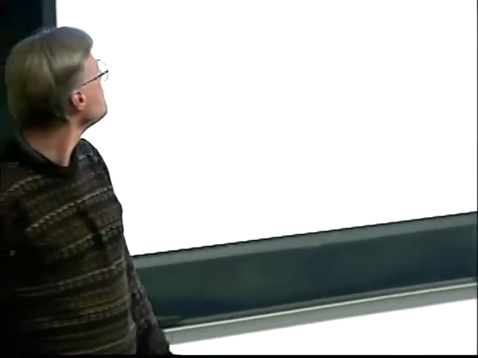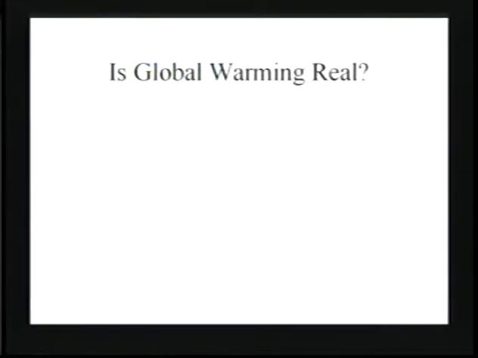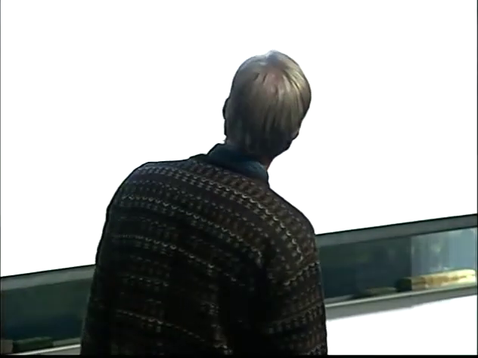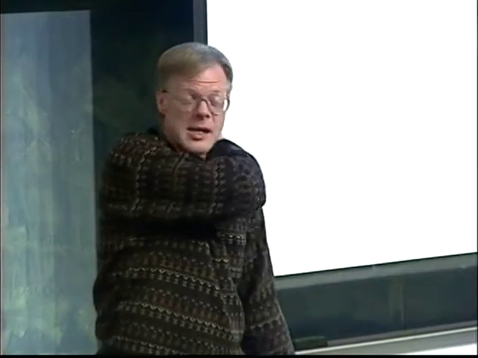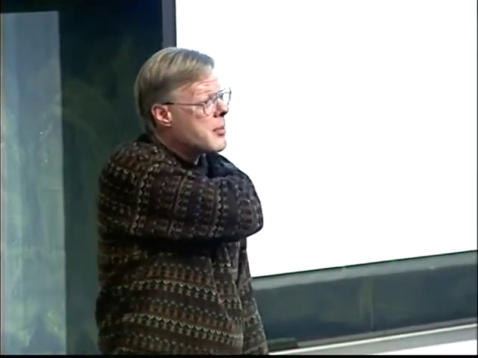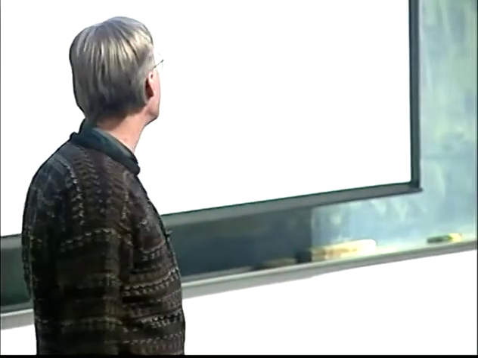Okay. So those are two alternate strategies for dealing with the oxygen problem of photorespiration. Your book finishes up with the topic of global warming, which is sort of appropriate. One of the things that plants do for us is produce oxygen. They produce carbon dioxide as well because they have mitochondria just as we do. But there's a slight excess of oxygen that's produced, and that oxygen is critical for maintaining oxygen levels in